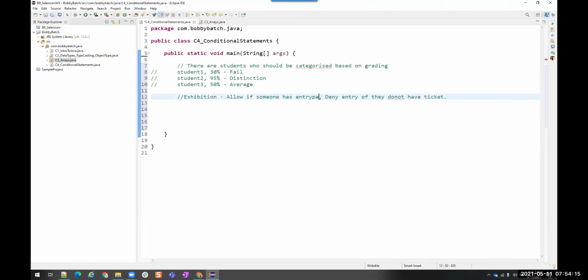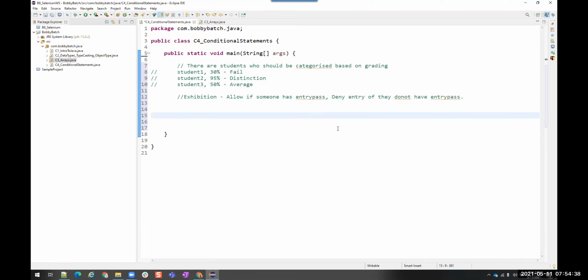We call it an entry pass, because ticket in the US often means a fine. What I mean by ticket is entry pass. So we have to allow someone if they have the entry pass, and deny entry if they do not have the entry pass.